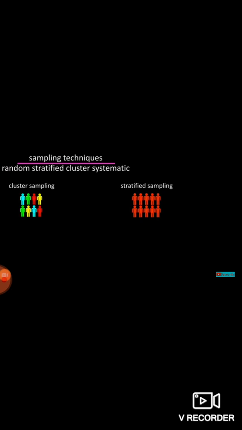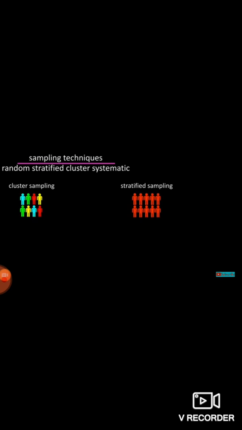So what is the difference between cluster and stratified sampling? The difference is that cluster sampling is more representative, because we have divided our population into subgroups according to some homogeneous characteristics, and when we select a random sample, we select from each cluster.